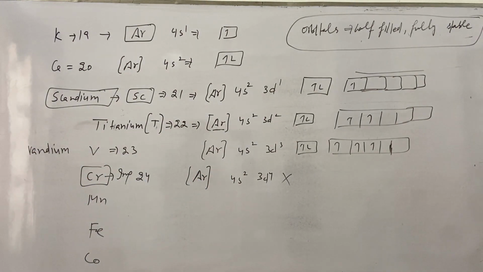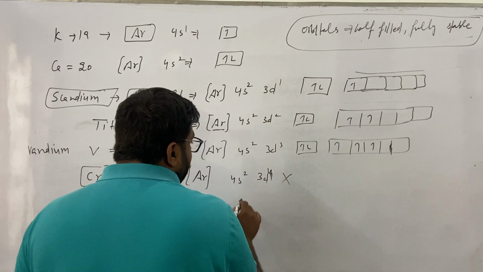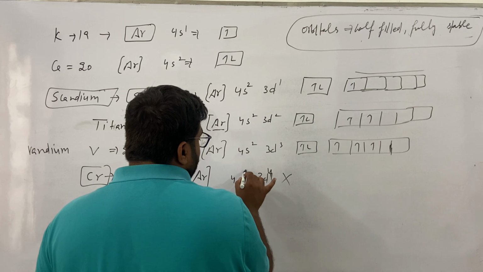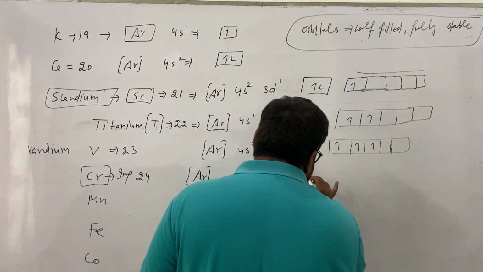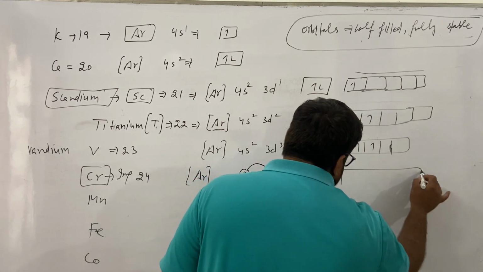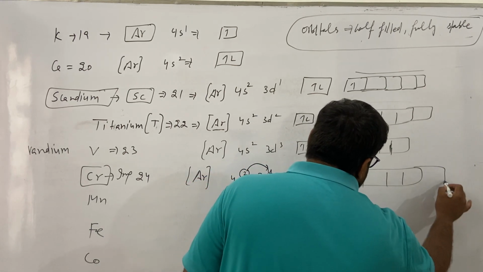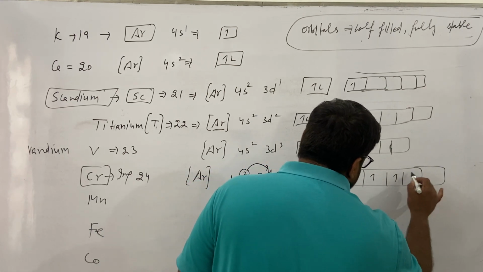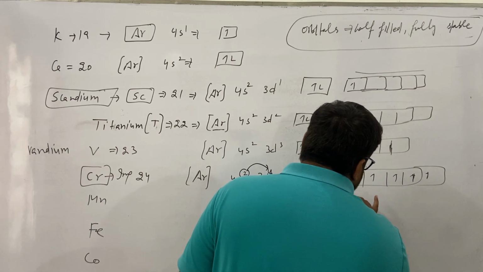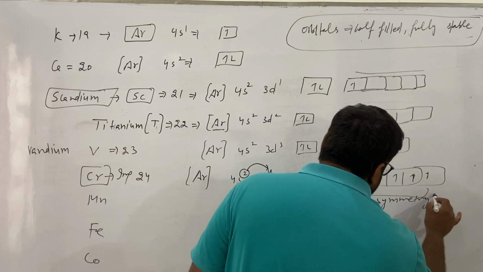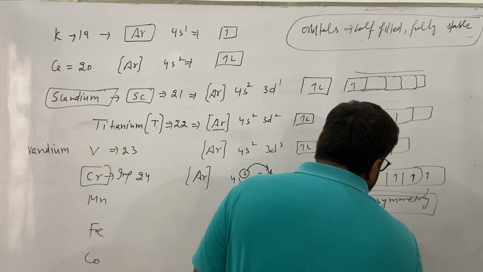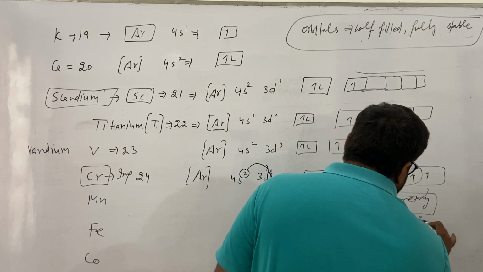क्योंकि क्रोमियम के पास 4s2 और 3d4 इलेक्ट्रॉनिक कॉन्फ़िगरेशन है, तो क्रोमियम के केस में s अपना 1 इलेक्ट्रॉन d को डोनेट कर देता है, तो ये 4s1 और 3d5 बन जाता है। अगर आप देखोगे तो यहाँ पे हाफ फिल्ड की सिमेट्री बन रही है। सिमेट्री की वजह से और एक्सचेंज एनर्जी की वजह से।